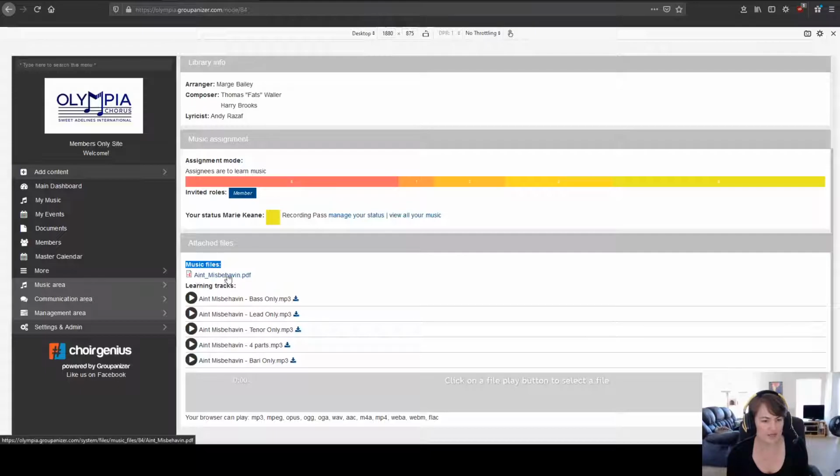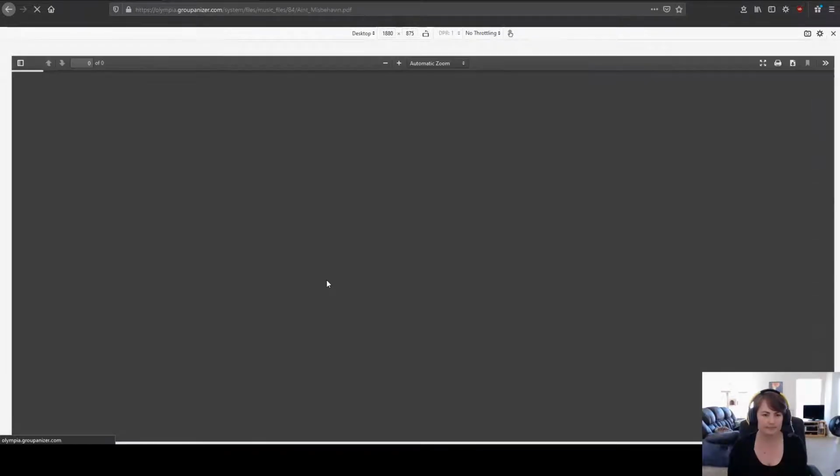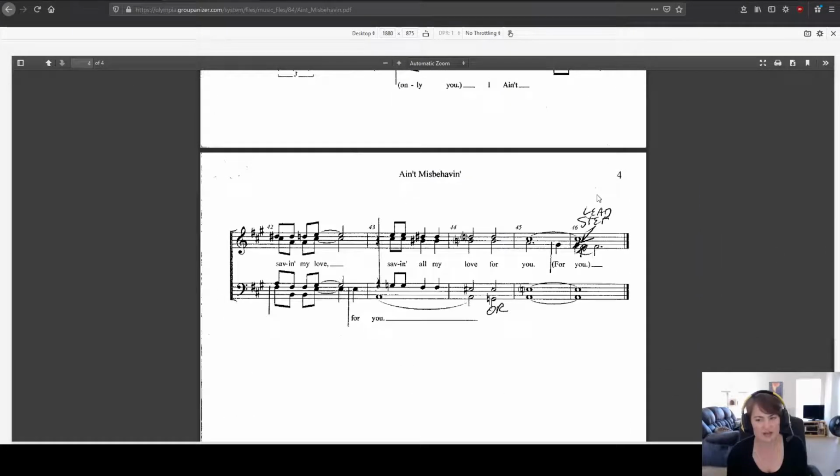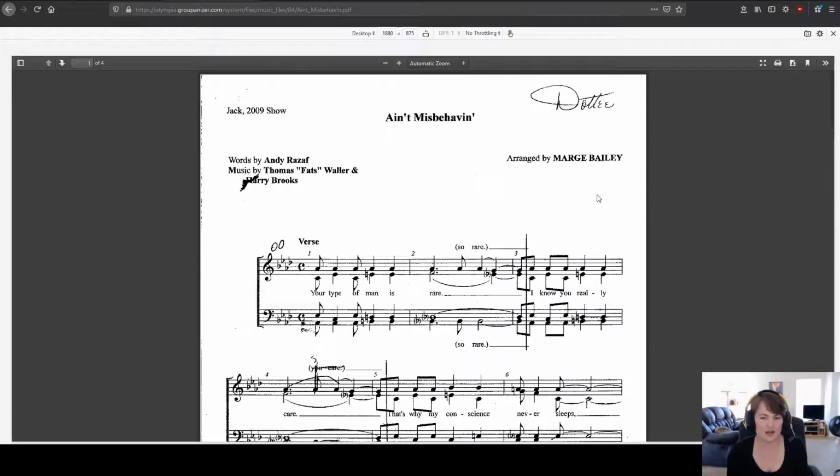And this little PDF file is our sheet music. So if I go ahead and click on that, there it is. There's our beautiful sheet music. And now I can look at that. I could download this to my computer. I could print it out. I can do whatever I want to. And here I have access to it. Going back,